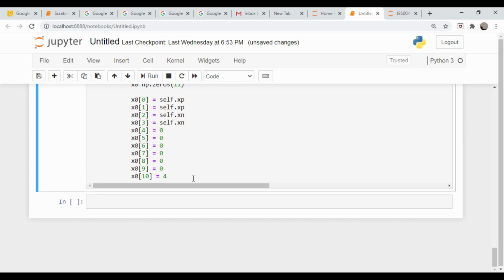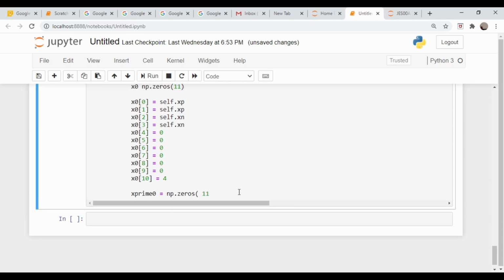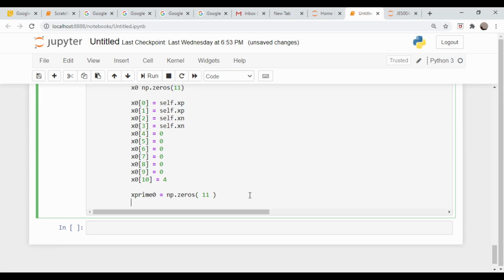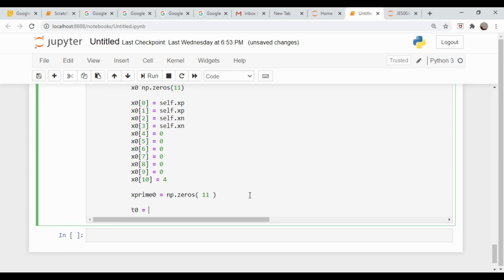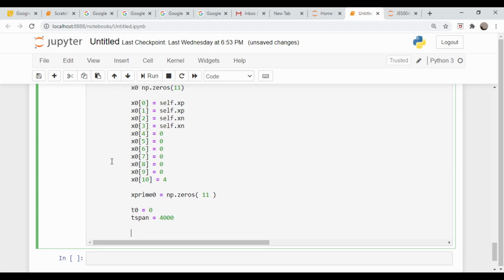So now we need to come down here and do the same thing for the derivatives. So here are the derivatives. I need a closing parenthesis. We're just going to assume that they're all 0. We need to pass an initial time to the solver. I'm just going to hard code it to be 0 seconds. And in case we do not pass in a list of times where we want our solution, I'm going to create a variable called tspan and set it equal to 4,000 seconds. So a little more than an hour,